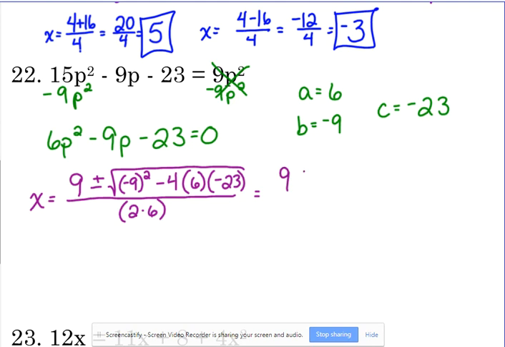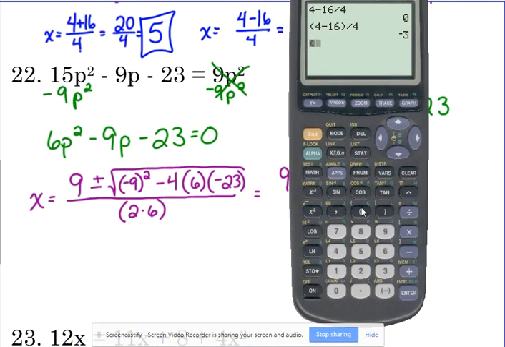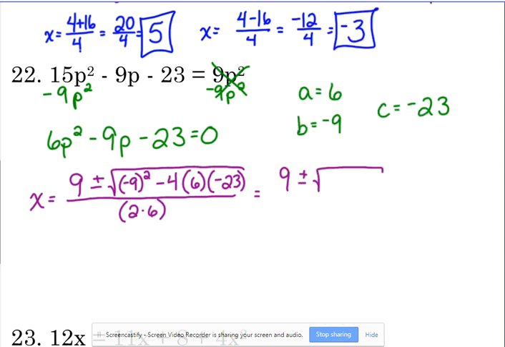Okay, so we're breaking this down. We're just going to type in what's under the square root and see what we get. Negative 9 in parentheses, squared, minus 4 times 6 times negative 23. We get 633. And 2 times 6 is 12. All right,